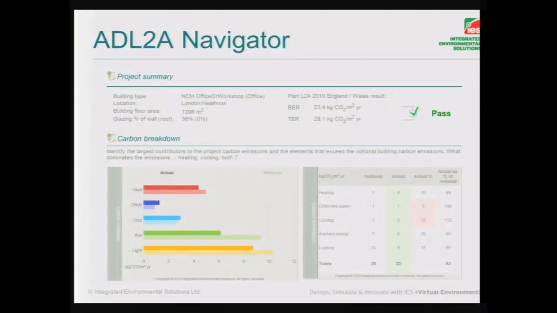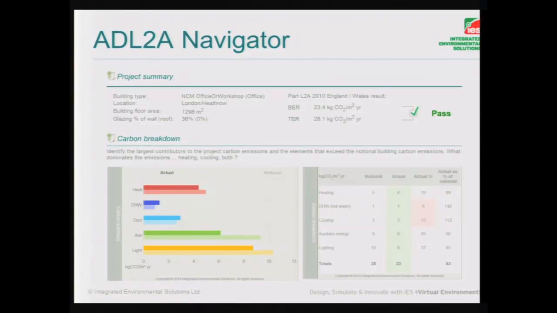The second report, which we can output from the VE, is aimed after you've performed an energy assessment. Tend to be accessed a little bit further down the line once you've populated your model with your lighting powers and so on. Now, what this report does is really summarise many of the key outputs